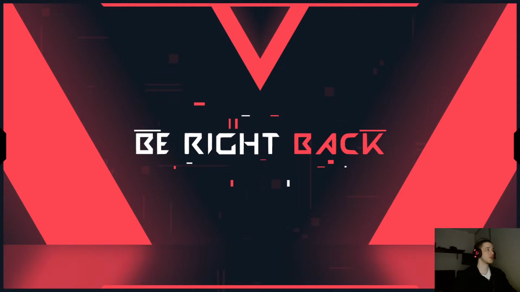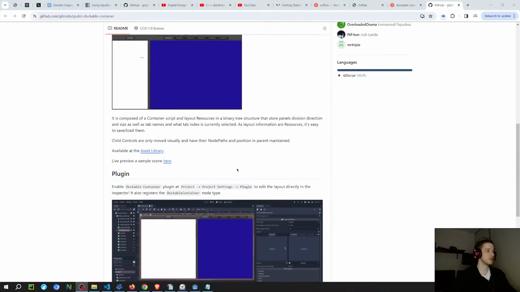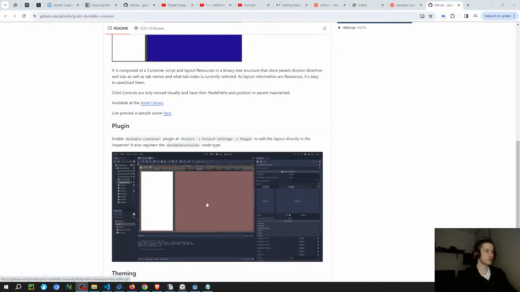And I was trying to convert to C++, but it was taking too much time, so I don't think I'm gonna use this. It's very nice what they did, and it was something similar that I was trying to do. It's basically this stuff here. So it allows you to build layouts, and the way that it works, the division is based on a split